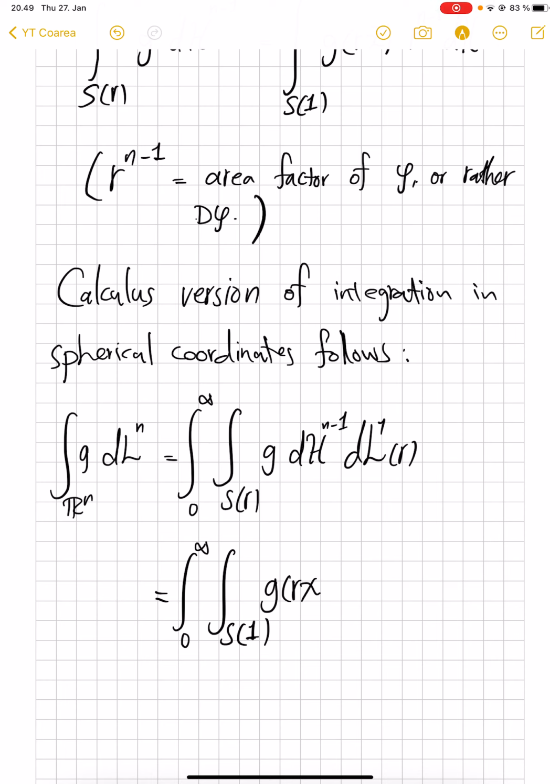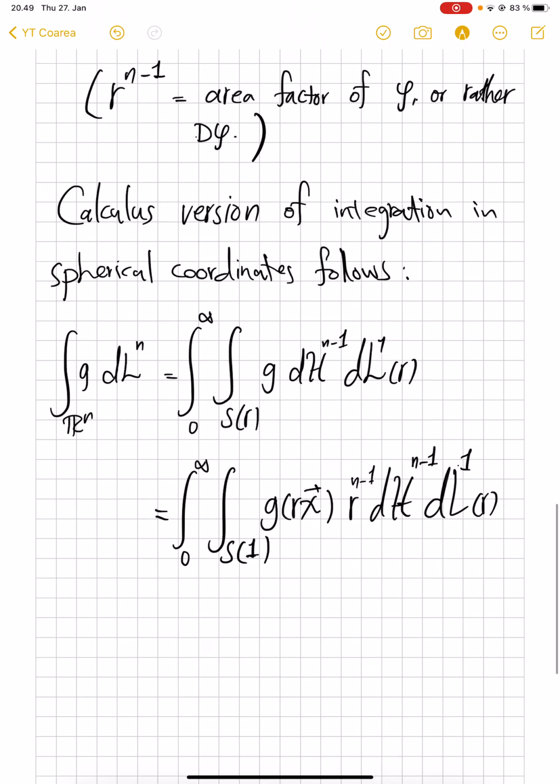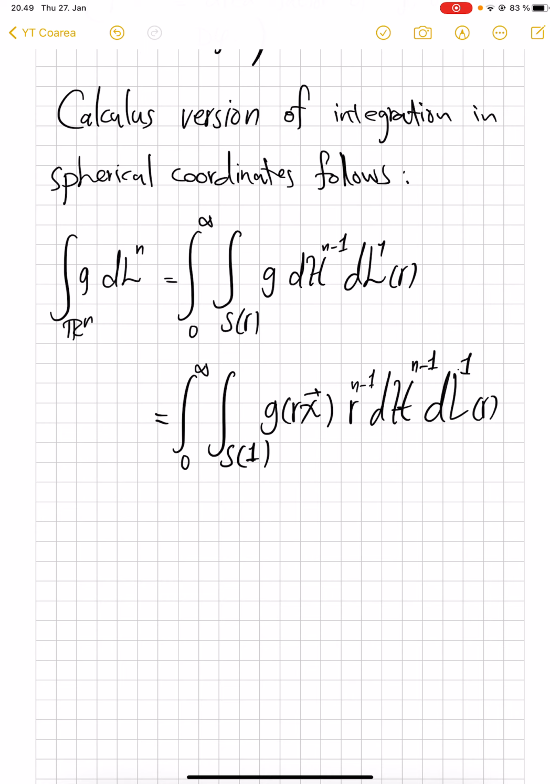So this will be r times r to the power n minus 1, dH^{n-1}, dL^1(r), which you may be more familiar with as just dr. If I want to really put it in the most familiar shape for you, the integration over S^1 is you will take some angles